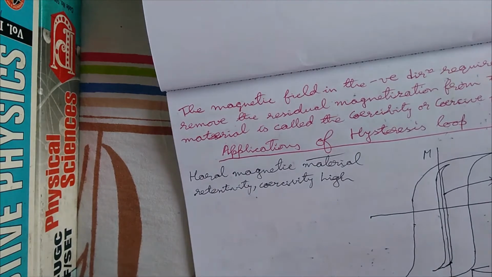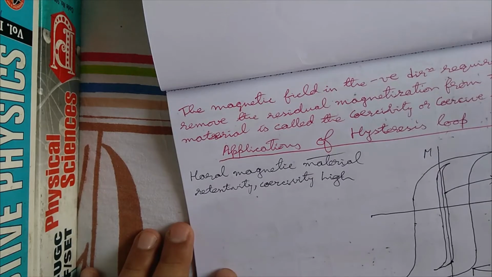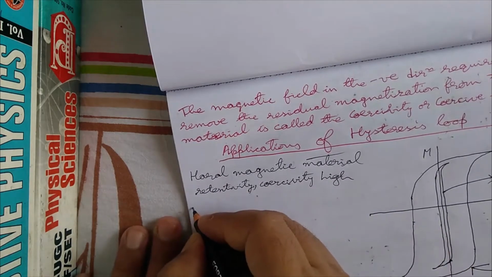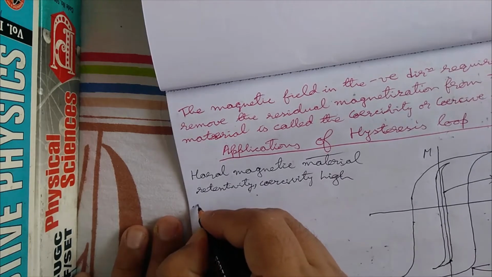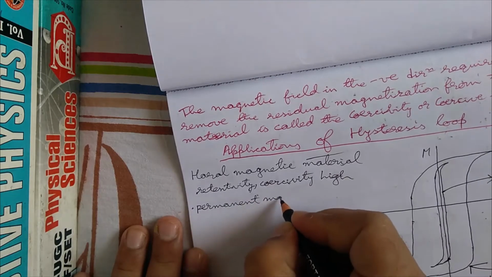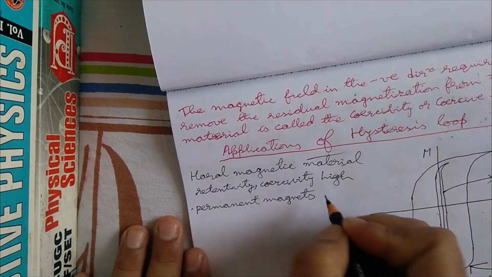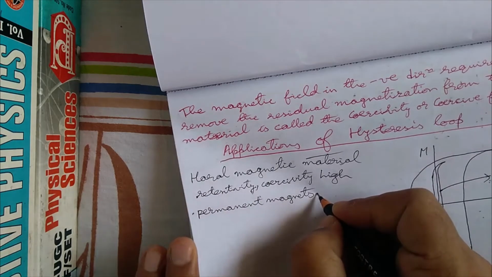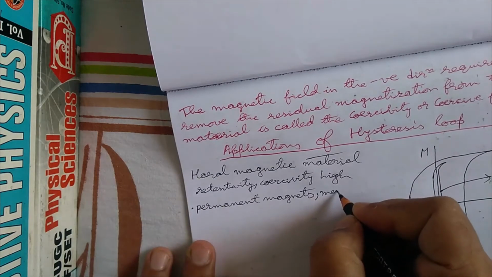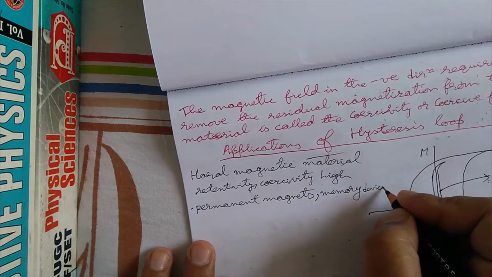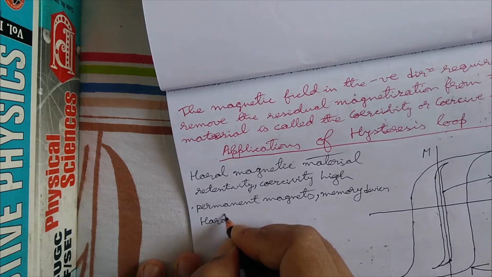Since their retentivity and coercivity are high, they can be used in memory devices. They can be used in permanent magnets, which are good memory devices, and in memory devices such as hard disks,